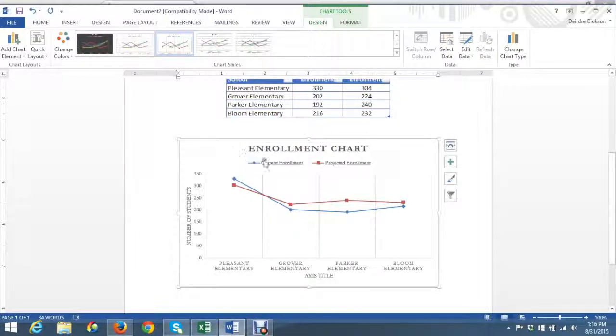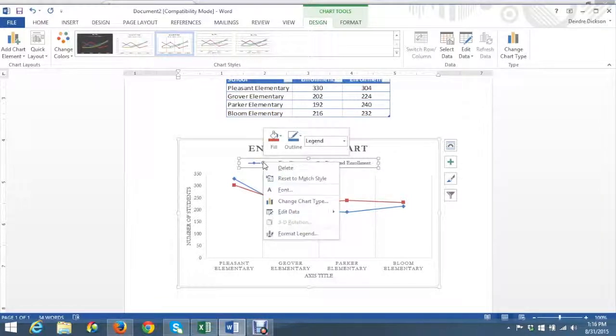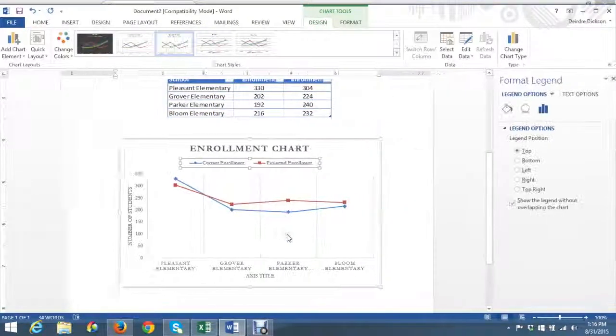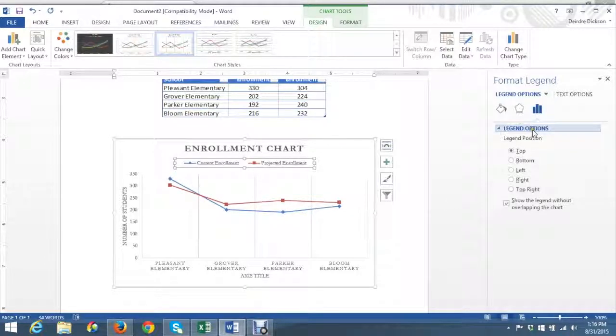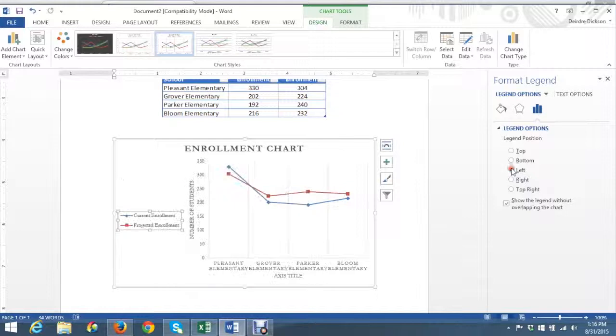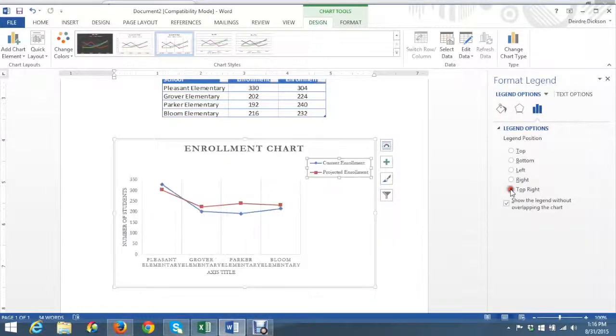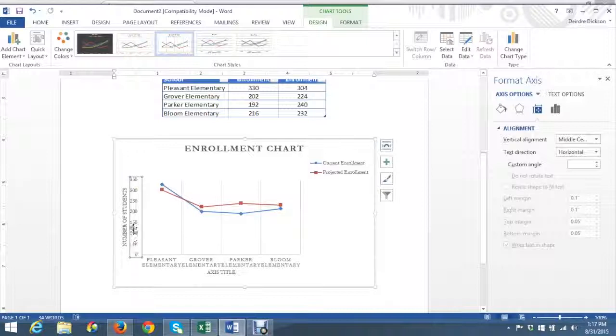The next thing I want to do is I want to move this legend. If I want to move the legend, I can select Format Legend, and this gives me a menu option of where I can position the legend. I need my legend to be in the top right, so I'll select that radio button. Once I moved the legend into the top right, I can now look to format the values here for my